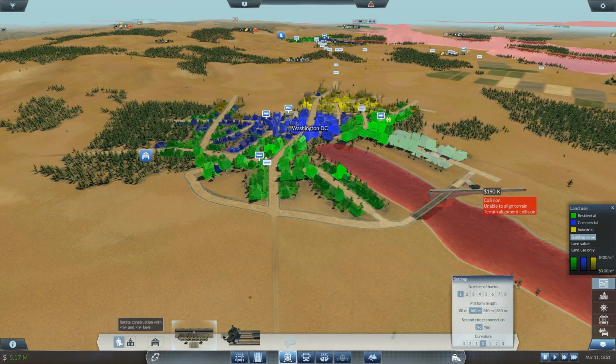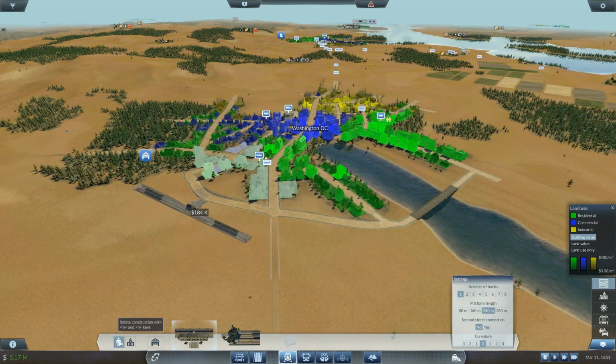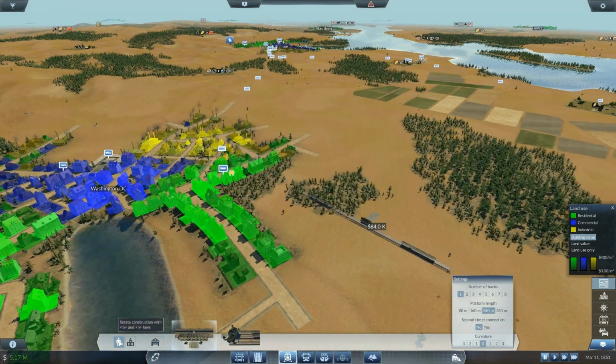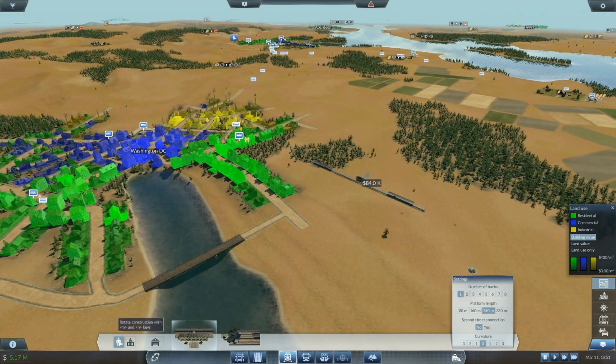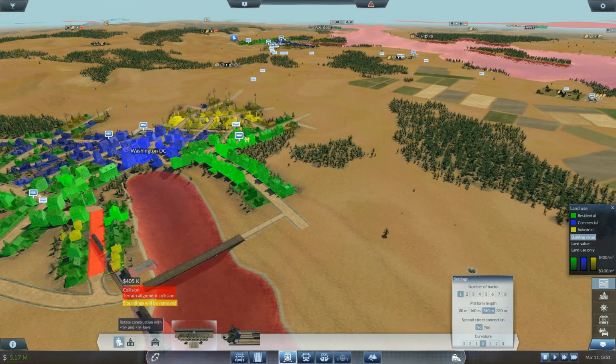What about if I build it here-ish? Should I build a bigger one? 240. Would that one cover more? No, it doesn't. That's the problem that I'm seeing. Okay, how about... We can always make an additional stop here and...